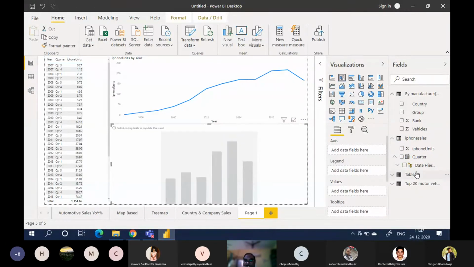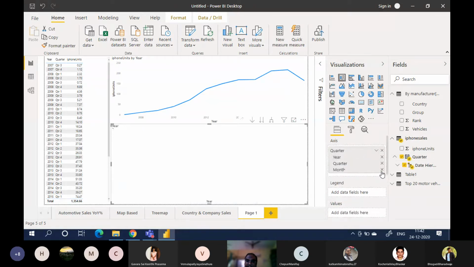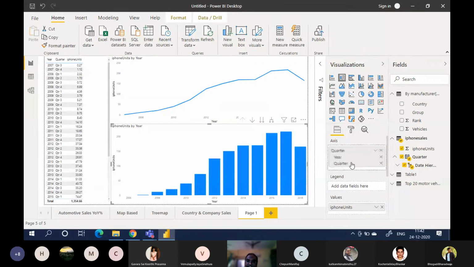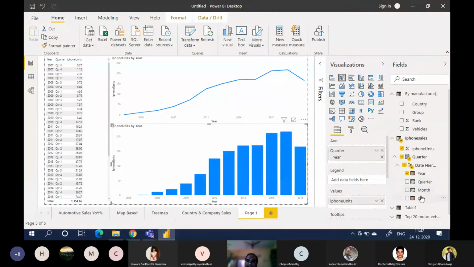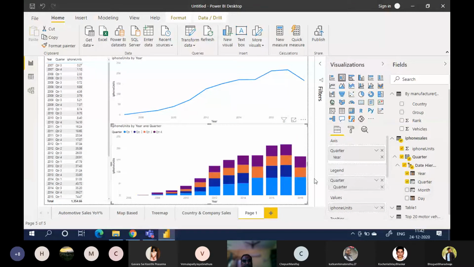So in stacked column, quarter will be in the axis. Remove day, month. Drag quarter to the legend in the date hierarchy.